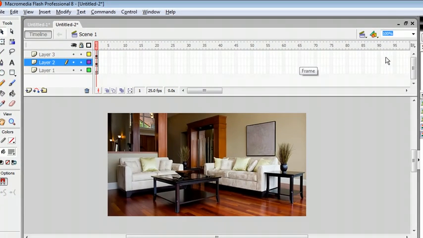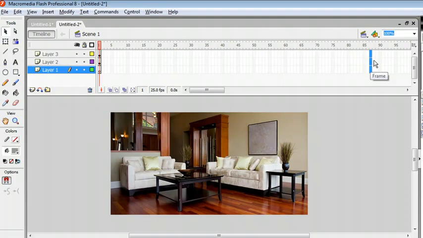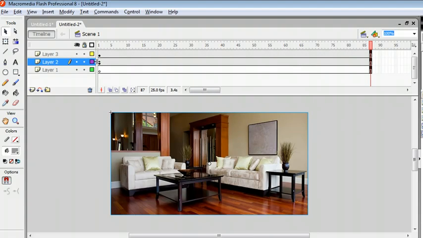So all you do is go over here and click and drag down so that you can highlight these frames, and then go ahead and click F5 on your keyboard. So that's just going to add keyframes to your